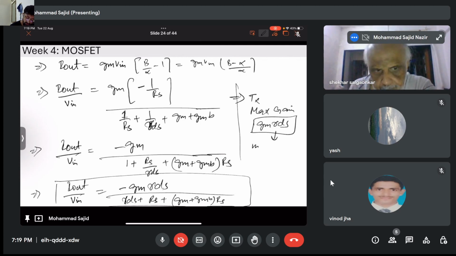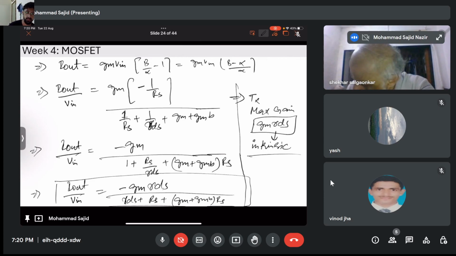That is the intrinsic gain, okay? So this is the maximum possible gain you can get from the transistor. You can see here, if there are channel non-idealities like we have source degeneration, we have intrinsic resistance Rds, and we have Gmb, so the gain reduces, right? So this is your effective